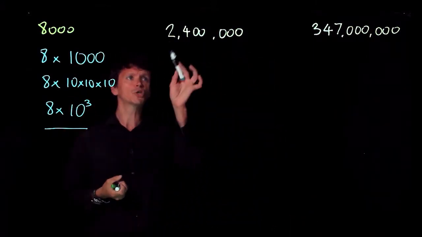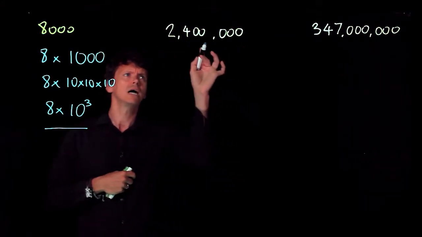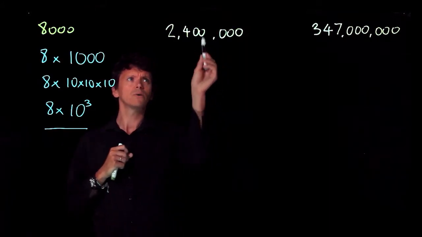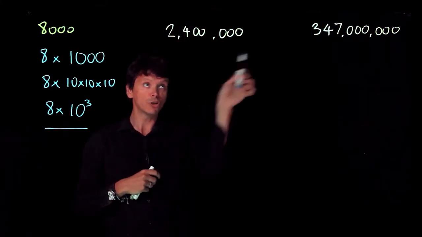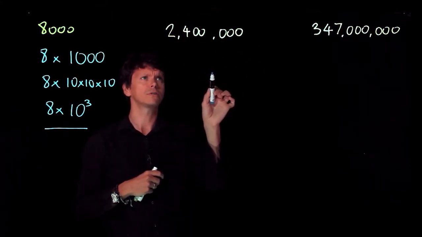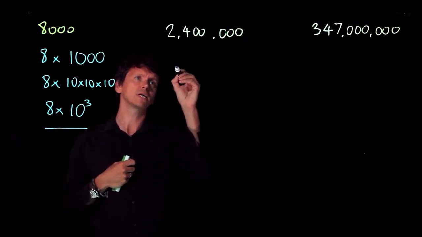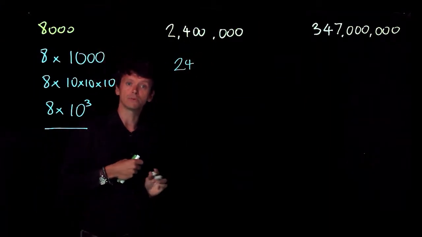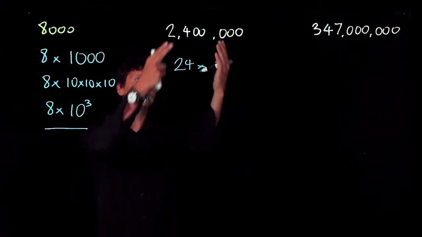Let's have a look at this one. 2,400,000. Okay, it's a bigger number. We're going to do just the same as we did over here. We're going to say we want two numbers that multiply together to make 2,400,000. And just like we did over here where we took out the 8, here we're going to take out 24, because that's what our number starts with, 24. So what do we have to multiply 24 by to give us